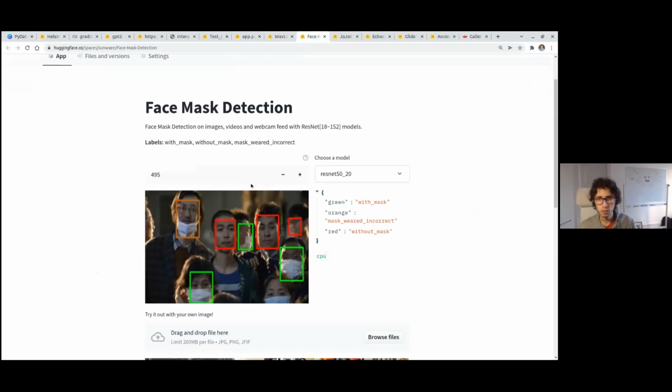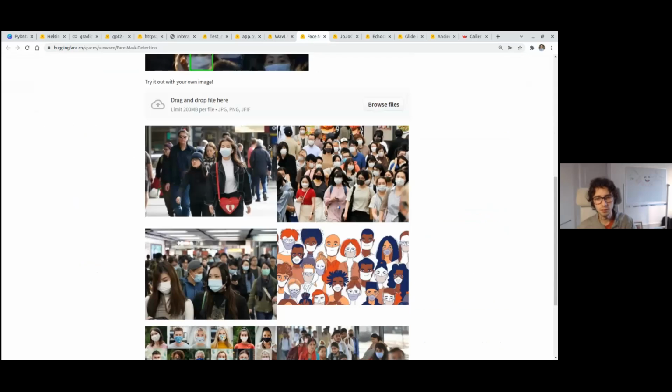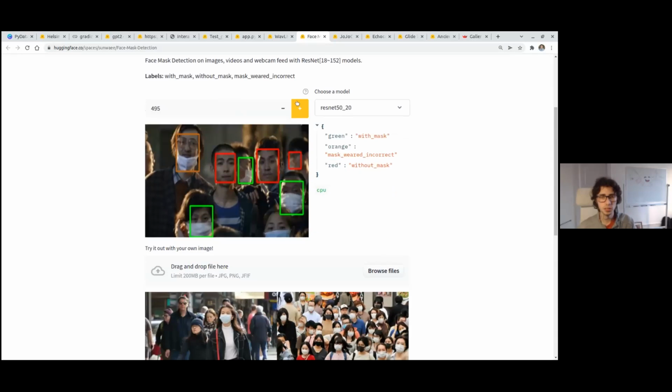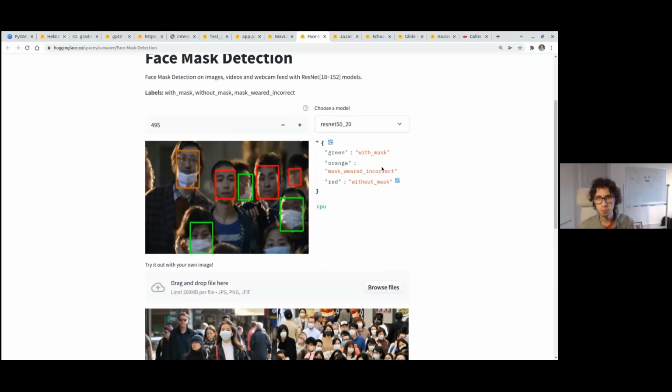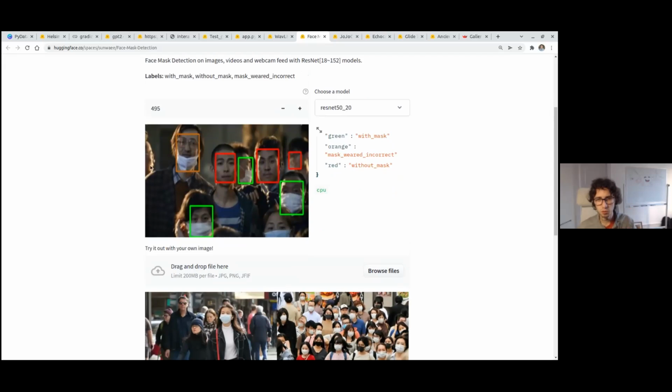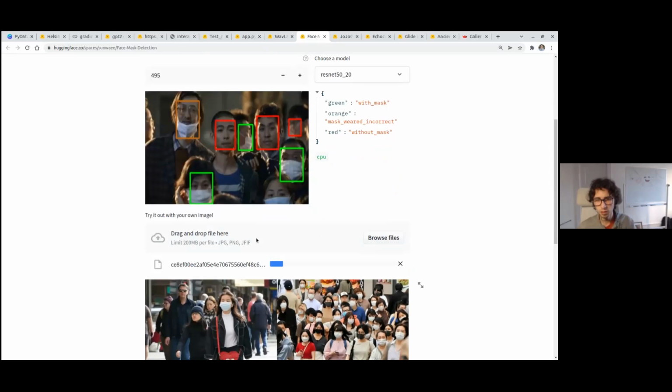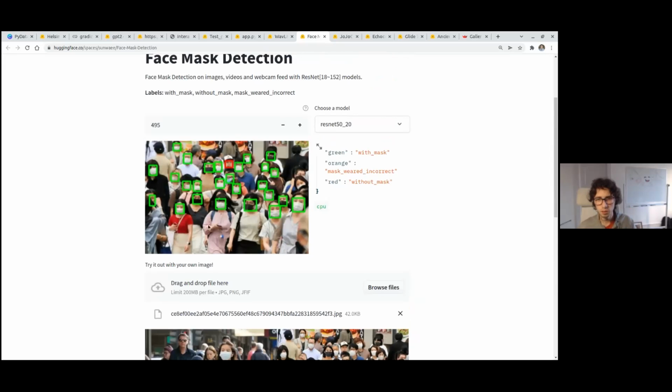Let me go to a second one. This is using Streamlit. So as you can see, the interface is quite a bit different. This is a face mask detection model using ResNet. So ResNet is a model for object detection. In this case, what it's doing is identifying if people are using a mask, wearing the mask incorrectly, or they don't have any mask. So as you can see in this picture, this guy is not using the mask correctly. A few people don't have any mask at all, and these 3 people are using a mask. And you can drag and drop here. So it's telling me it's being processed, and finally, you get this output, which is quite fun.